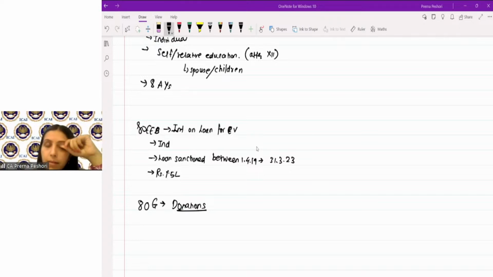Now the lower of adjusted 10% of the GTI or the actual donation is the maximum permissible donation, and 50% of that will qualify for the deduction. Are we clear? 50% of that will qualify for the deduction. Clear? So this is if it is paid to any funds, like a charitable trust or any other institution, to that the 50% limit will be applicable. Clear? Any doubt till now?